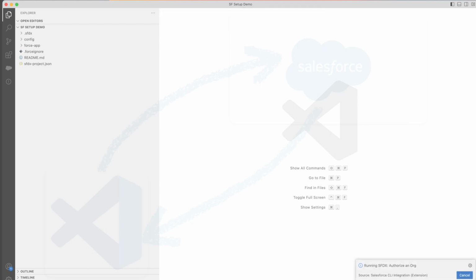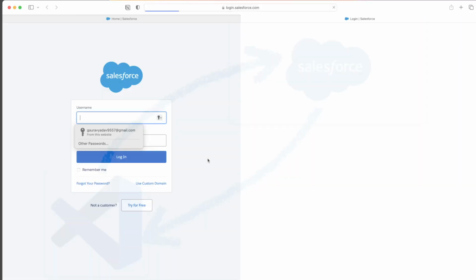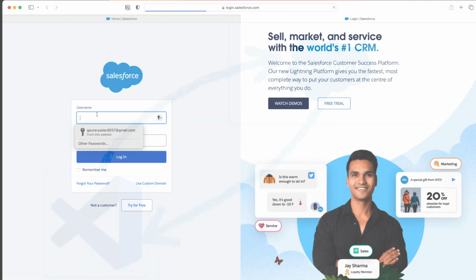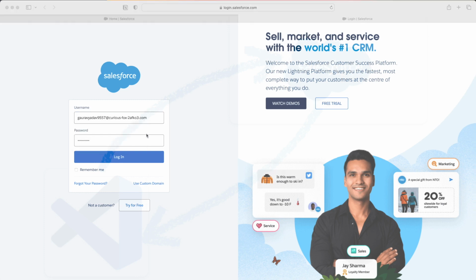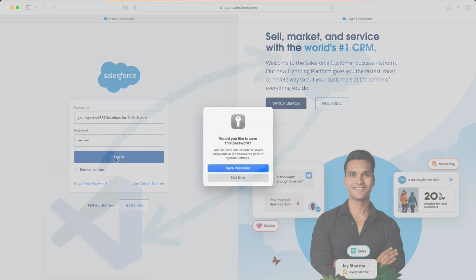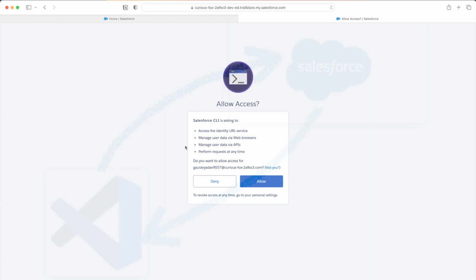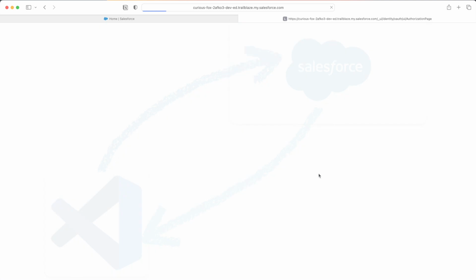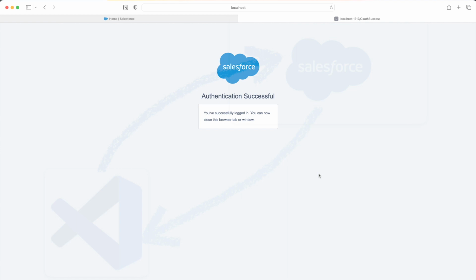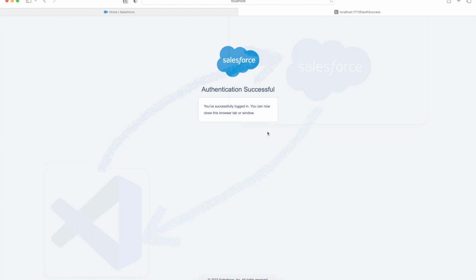Once you do it, it will redirect you to the browser to log in. It will ask you to log in with your credentials. Enter your Salesforce credentials and hit login. It asks you whether you want to allow access for Salesforce CLI. You can allow this. Once you allow it, you are successfully logged in, and you can close this browser and navigate back to your